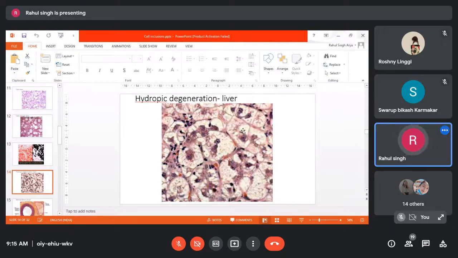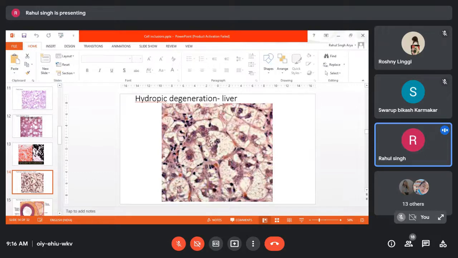Very soon these cells will burst, detach, and this whole structure will form into a fluid-filled vesicle, as we see in case of burns, or in case of FMD vesicles, or in case of shoe bite. Below the skin we will find formation of blisters, fluid-filled blisters.